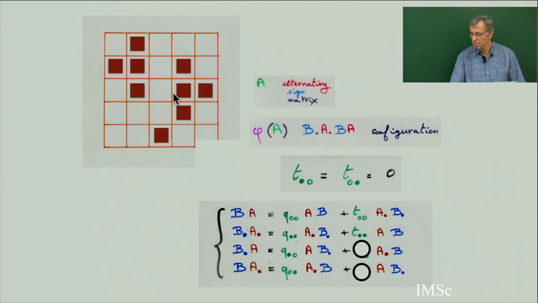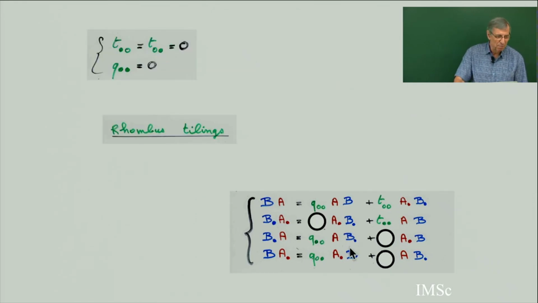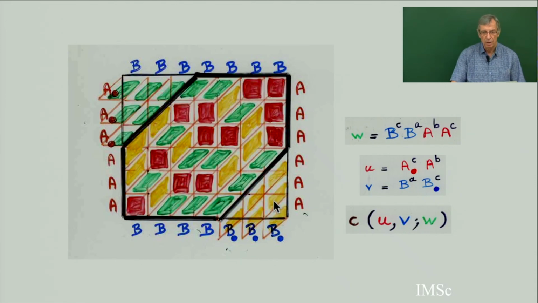So we have seen that if you put only two parameters equal to 0, this is a difficult enumerative problem. But if you put 3 parameters equal to 0, then this is a tractable classical commutative problem. When we do this, we show that the rhombus tiling of a hexagon with rhombus tiles is associated to this quadratic algebra. And this is a translation.